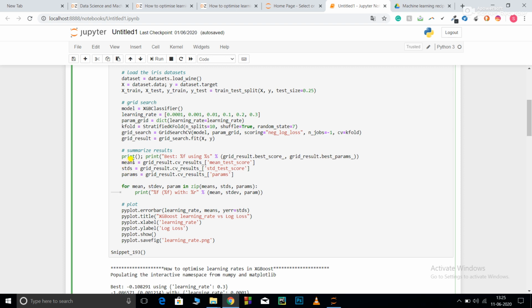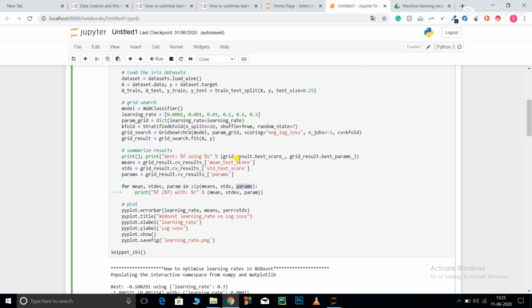So I want to find the mean test score. So grid result dot cv result, mean test score, then standard test score, and then parameters. So it will give me the parameters too. Now after that I am creating a tuple of iterators for iterating over means, stds and params.